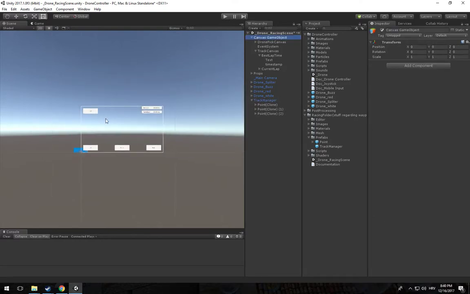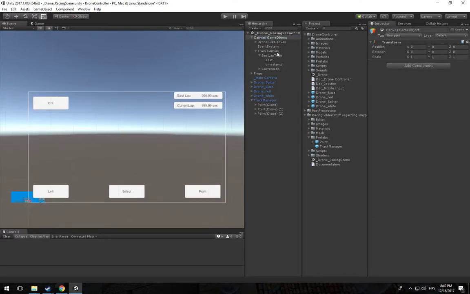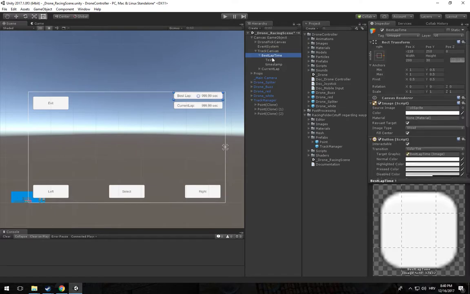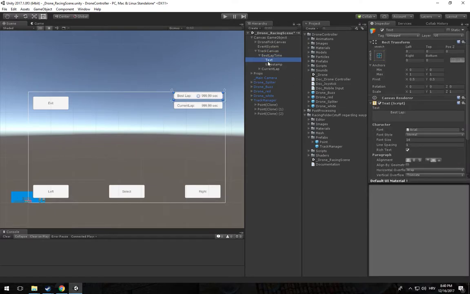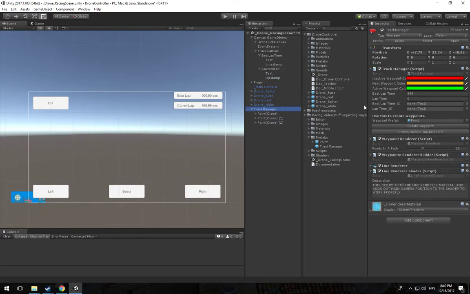Let me zoom into my canvas. Okay, so I placed my track canvas here. This is the best lap text, and this is actually the part where the best time will go, and this is the part where the current lap will go. So if we just go back into track manager, we drag and drop the best lap time UI here and the lap stamp over here. If I hit play once more,